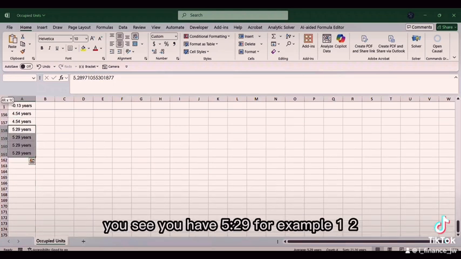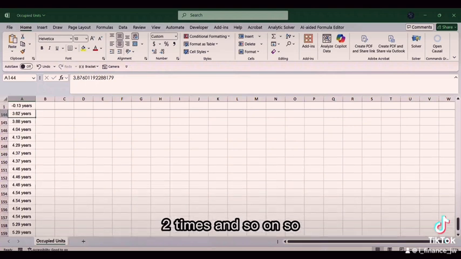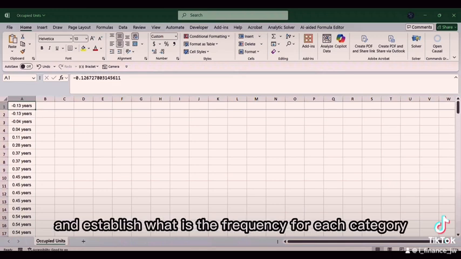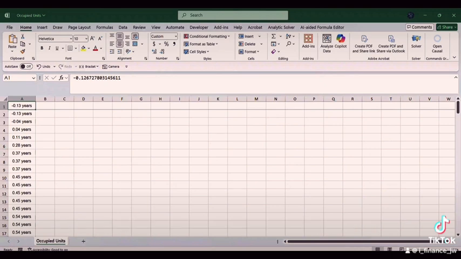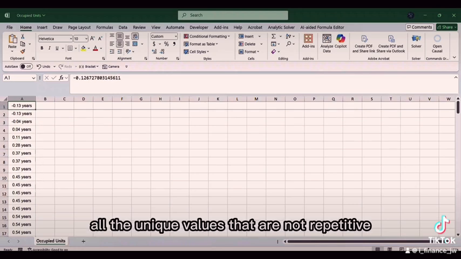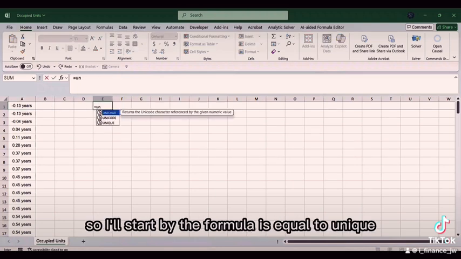You see, you have 529, for example, 4 times, 454 2 times, and so on. So I want to organize my data and establish what is the frequency for each category. So my first challenge is to list all the unique values that are not repeating themselves. So I'll start with the formula, equal to UNIQUE,